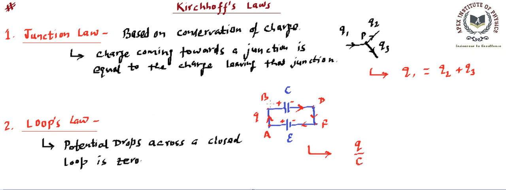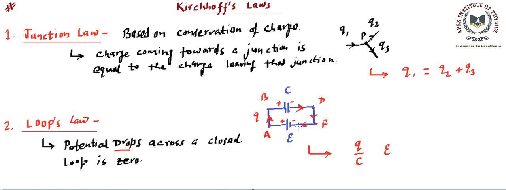Now we need to see whether this is a drop or there is a gain. If it is a drop, we are going to write it as positive. If there is a gain, we are going to write it as negative. So when we are moving from B to D, we are moving from higher potential to lower potential. So when we are moving from higher potential to lower potential, there has to be a drop. So that means Q by C is the drop of potential when we go from B to D. So we have written it as positive. Then again moving here, coming to this battery, when we are moving from F to A point back, then the potential difference is going to be E. That's going to be the potential difference.